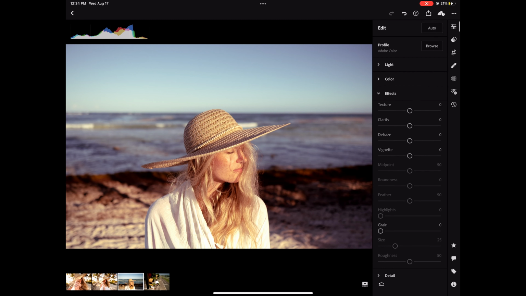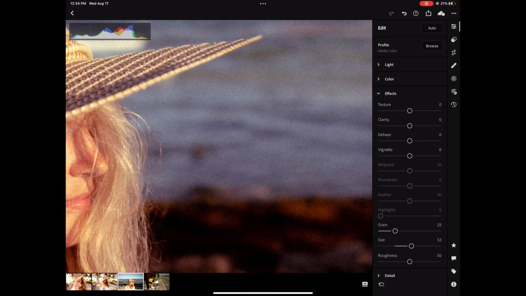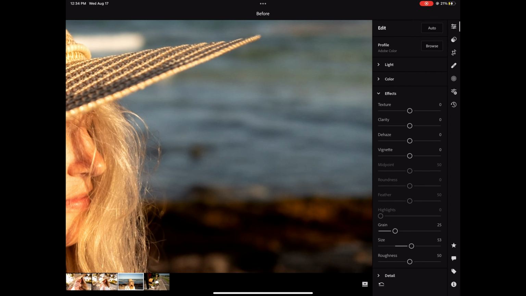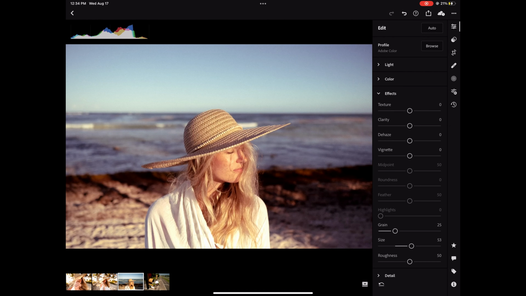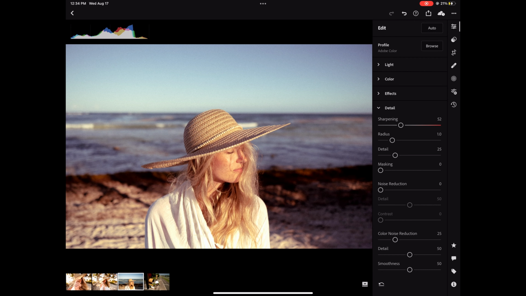And then we'll go to effects and add some grain, and then you can add the size that you like. Usually the bigger the better for me. So now you can see all the grain is in there now, and I think that looks pretty cool. You can add texture. I'm not a big fan, but it's there if you need it. And then detail, you can add sharpening, and